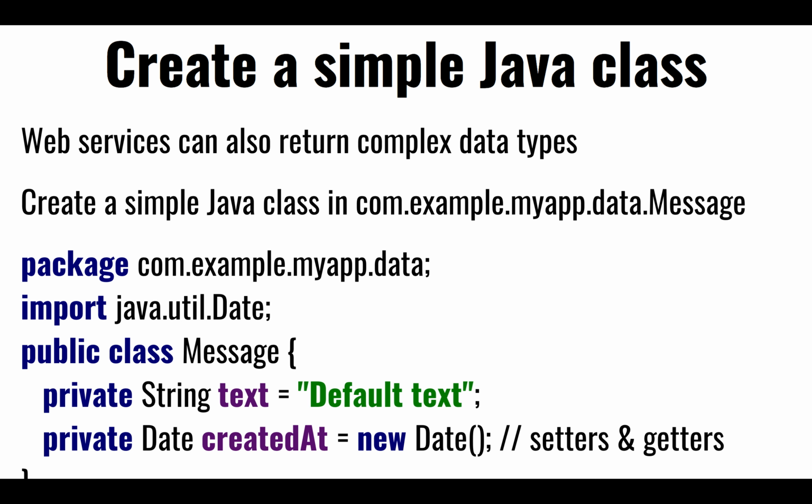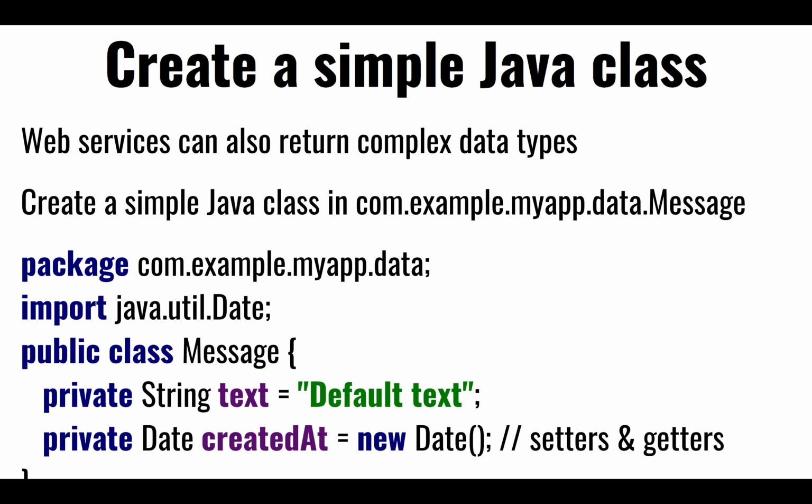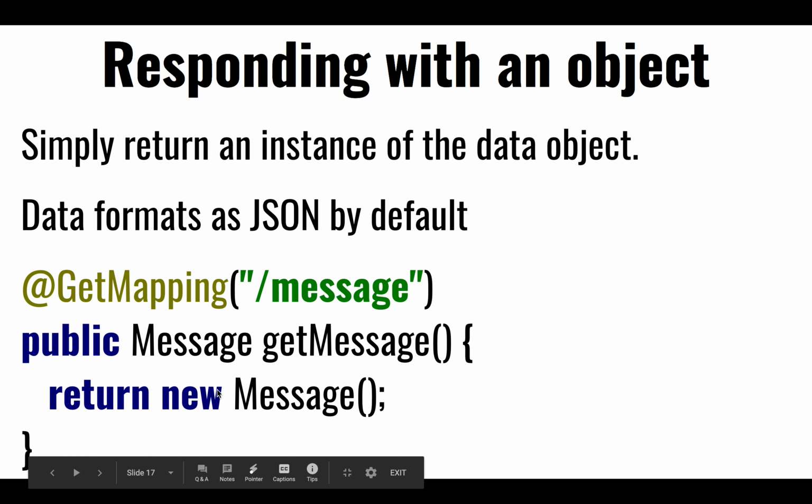And here we have an example of a function that is responding with an instance of a message, and that message has a default text and today's date. Notice that the instance being instantiated here is being sent back as a response to the client,